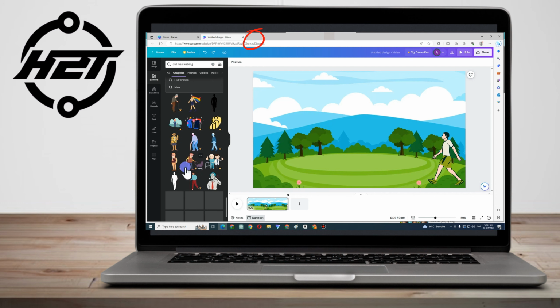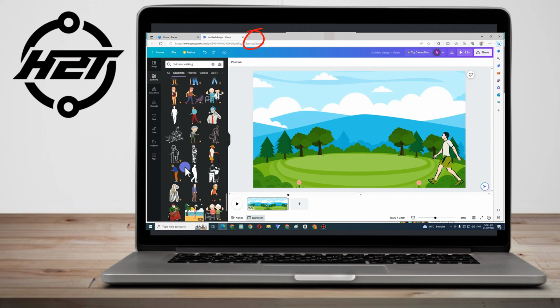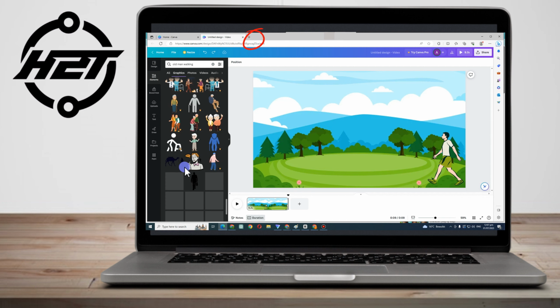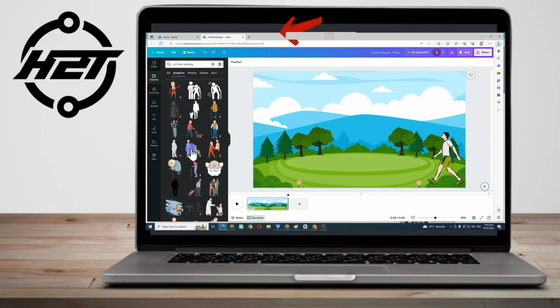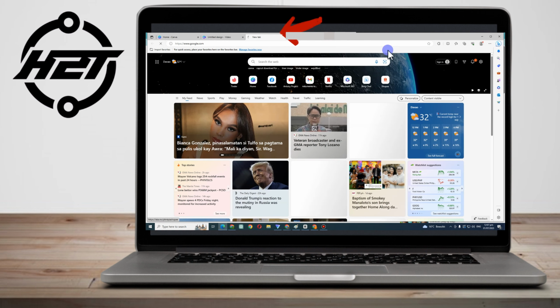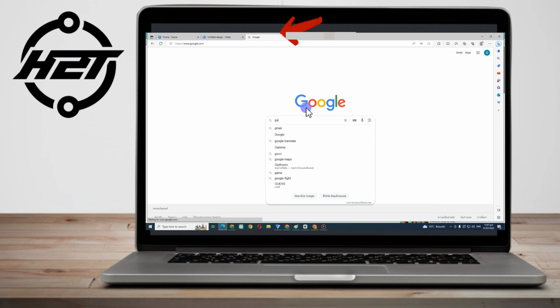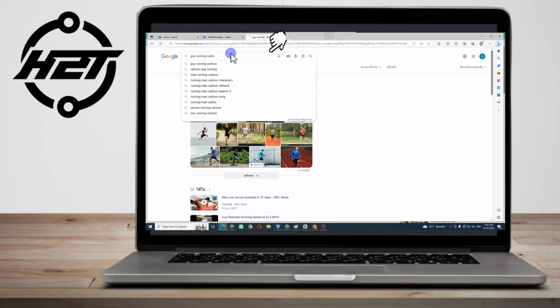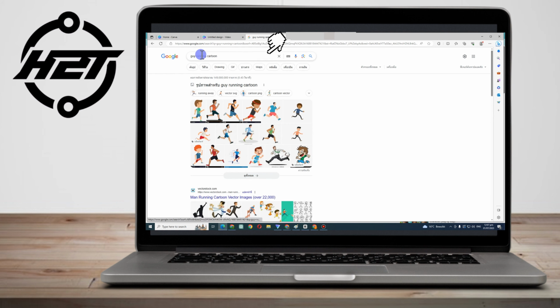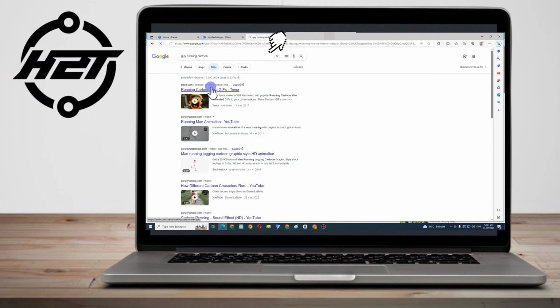So all you have to do is just simply exit first this Canva, go to any web browser. But for me, I want to use Google and then look for a specific GIF. For example, you want a man walking and then you just have to type GIF. Okay, or look for GIF or any character you want. Okay, so here I am specific like guy running or guy walking cartoon